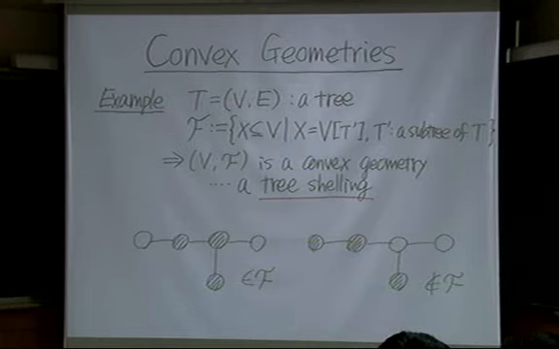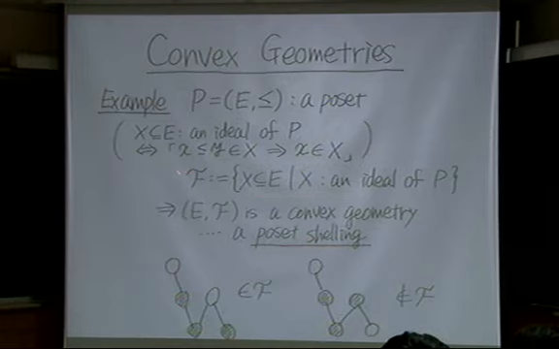This set of 3 points is a closed set, because this forms a subtree. The induced subgraph forms a subtree. But this set of 3 points is not a closed set, because the induced subgraph is not connected. So this is not a subtree. So this is also an example. And the third one is